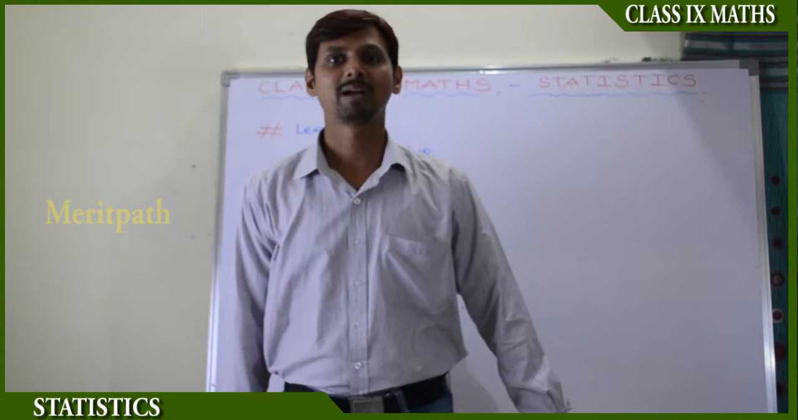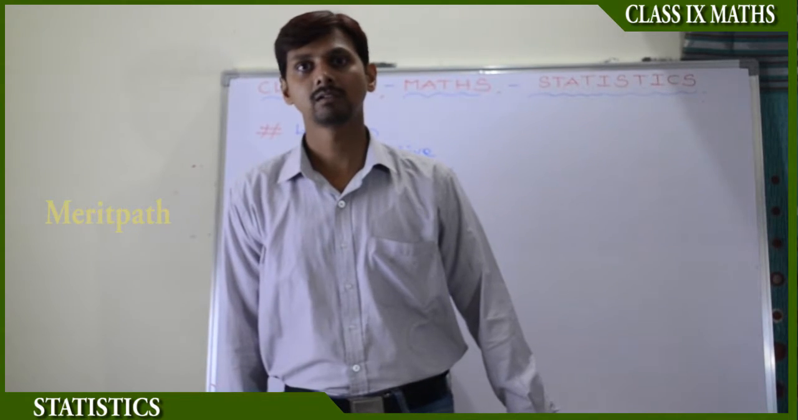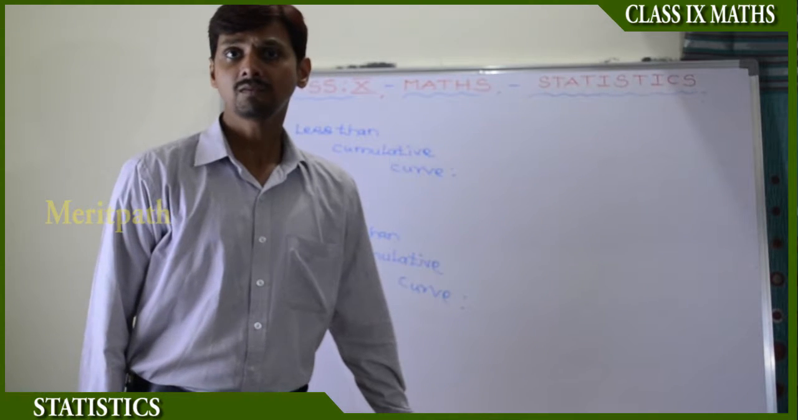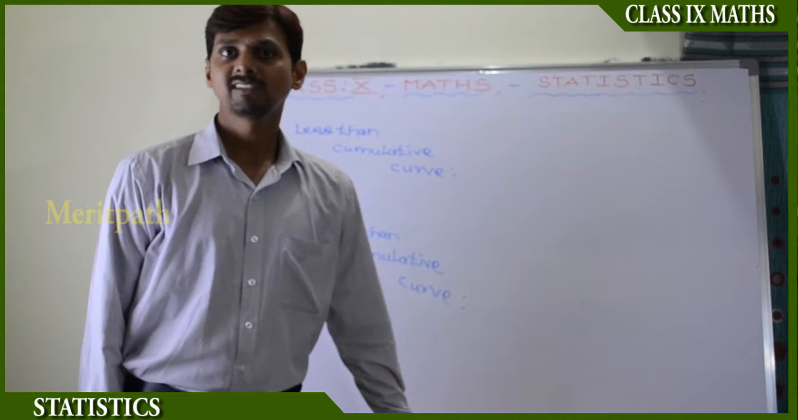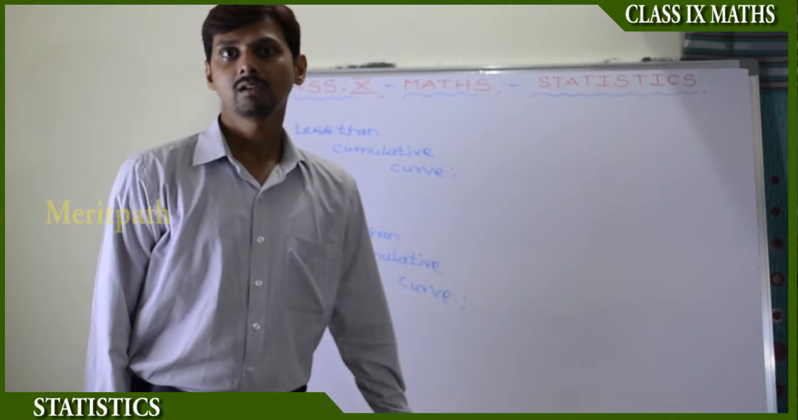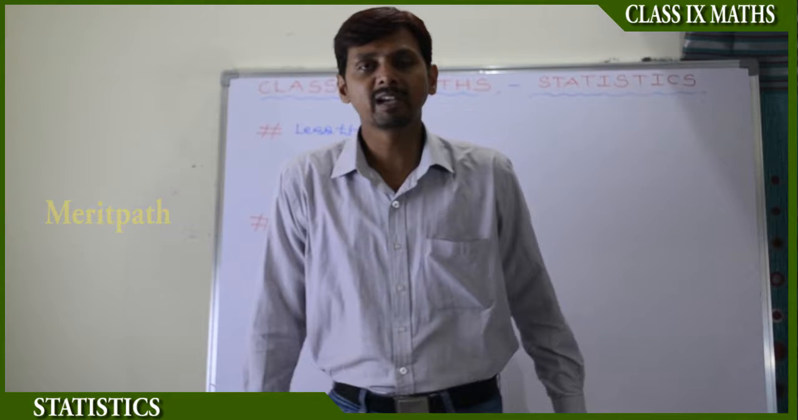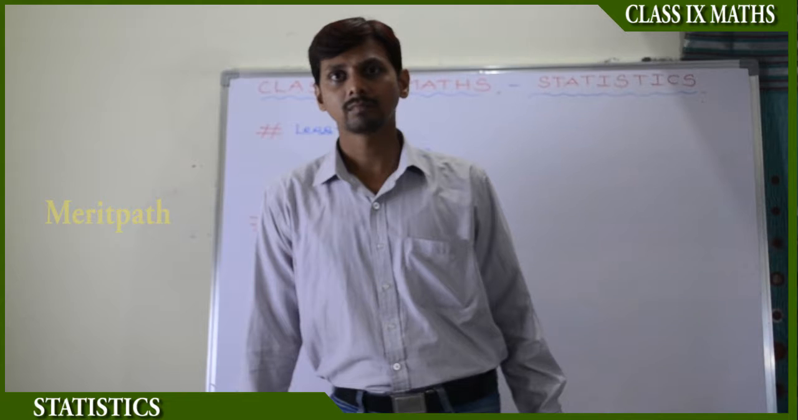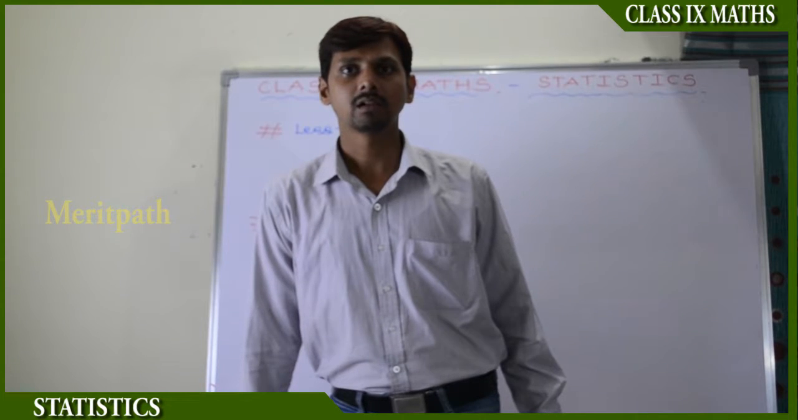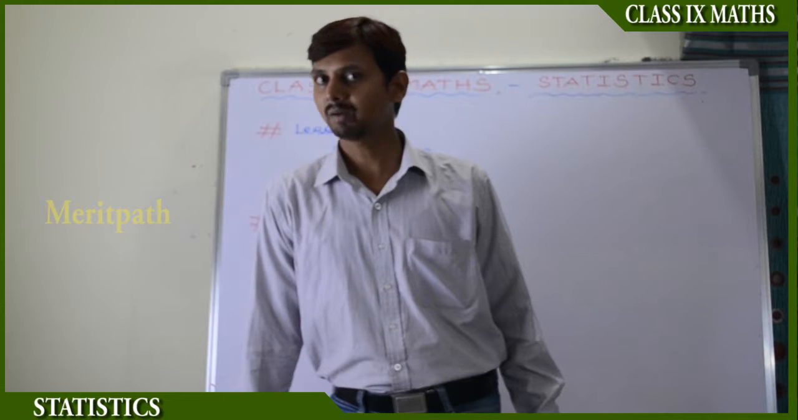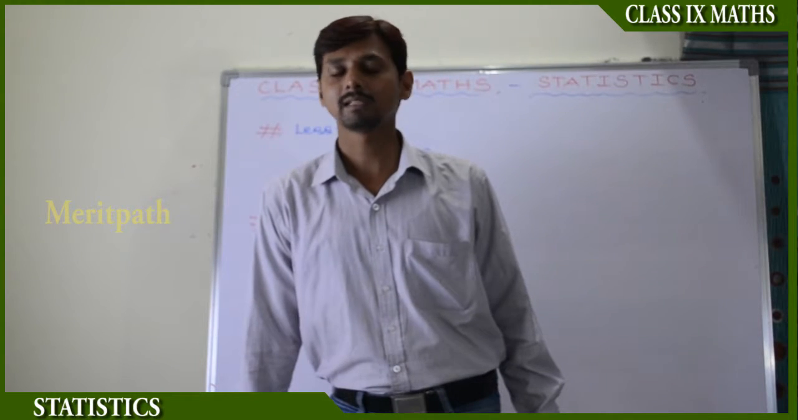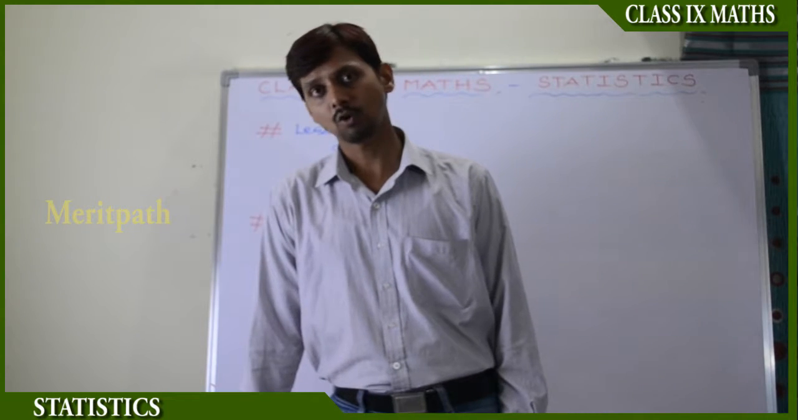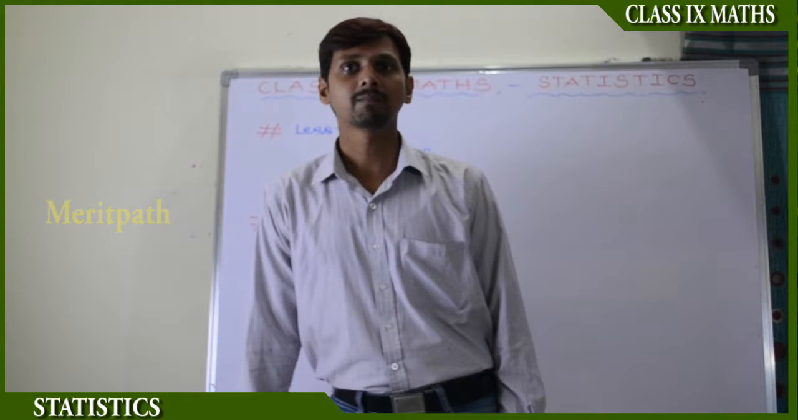In previous classes we have discussed the graphical methods: the bar graph, histogram and frequency polygons. Now let's discuss cumulative frequencies. To draw the cumulative frequencies, we'll take the class interval and then find the upper boundaries and lower boundaries. The frequency is given in the question, and using the upper boundaries, lower boundaries and the frequencies, we draw